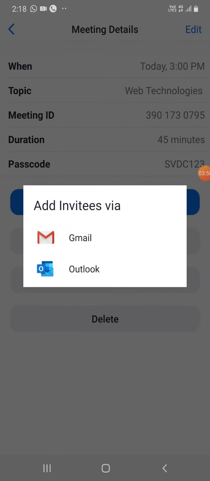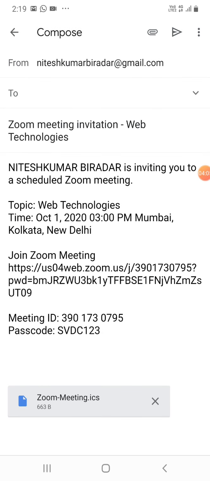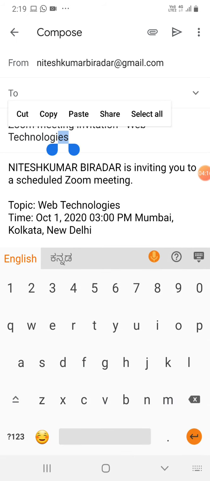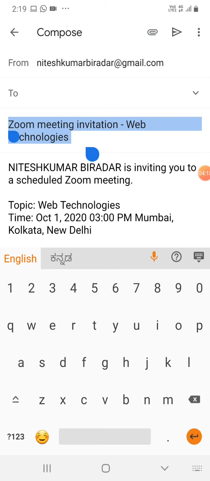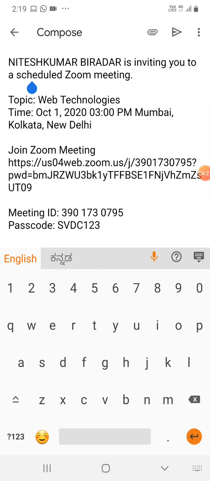Now your meeting is scheduled. Okay, so you can add invitees via Gmail or Outlook. How do you want to invite? Via Gmail. Okay, so if you go to Gmail, you can see the entire passcode, schedule, everything is there. Okay, so you can just copy this entire text.